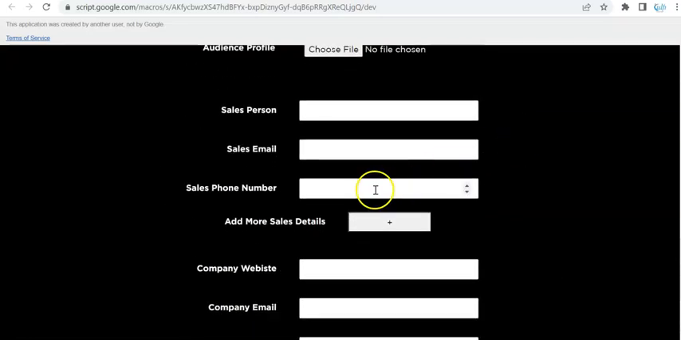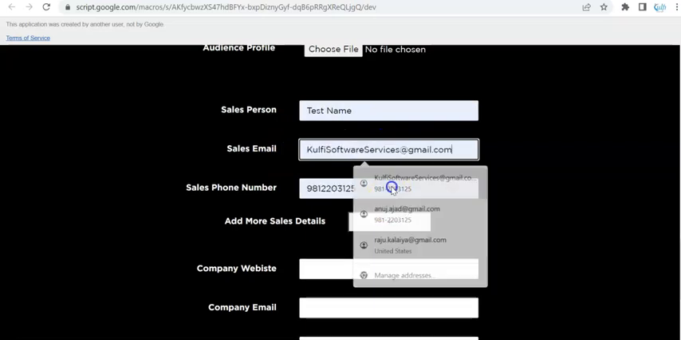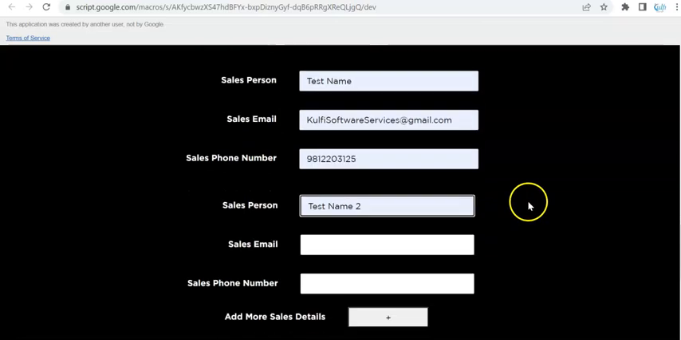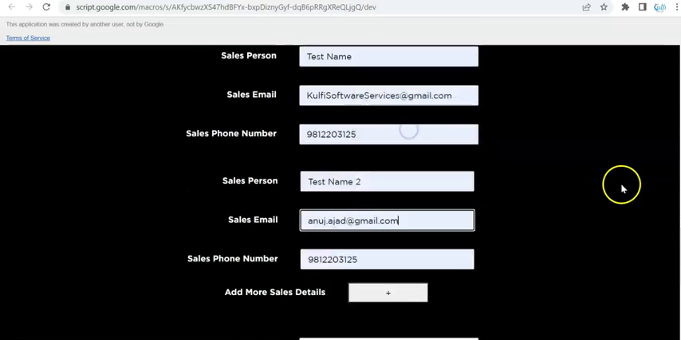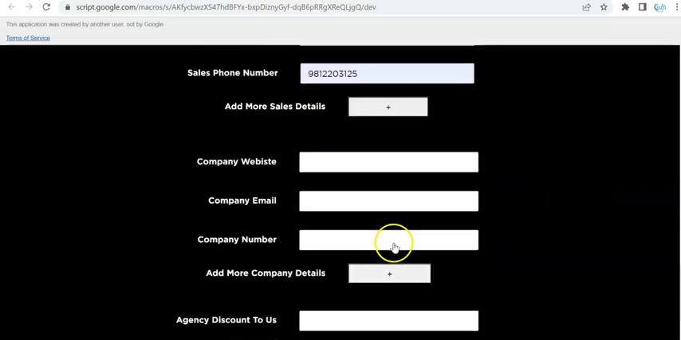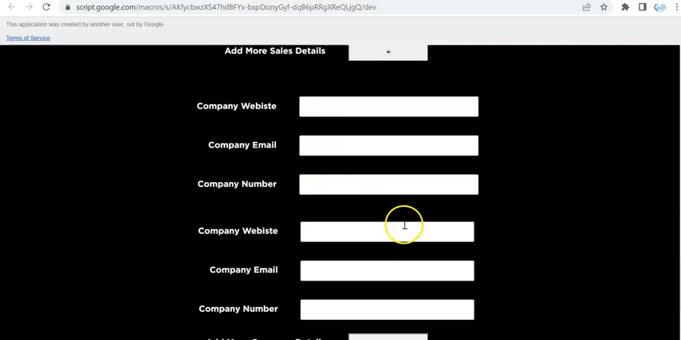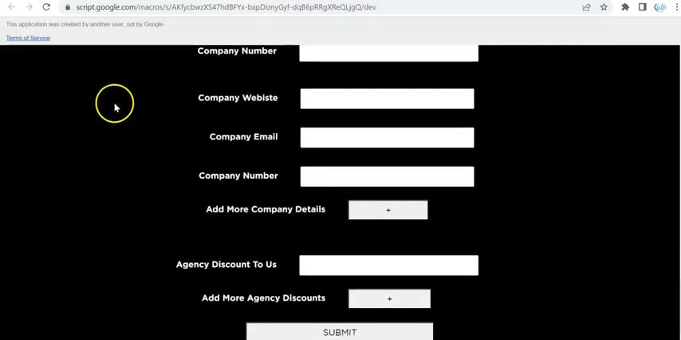Before I do that, I just want to show you that there is this plus button which adds more salesperson. So for example, I added one salesperson as this one, and then I want to add another salesperson. I can do that easily using this plus button. Similarly, there is this company where you can have multiple companies, right? So add more company details, you click on the plus sign, and another cool thing is, if you